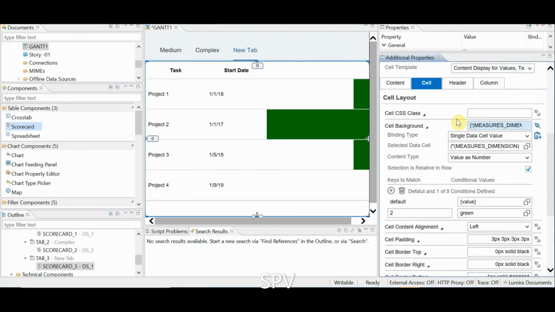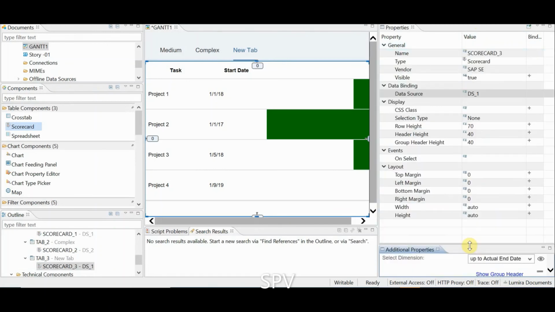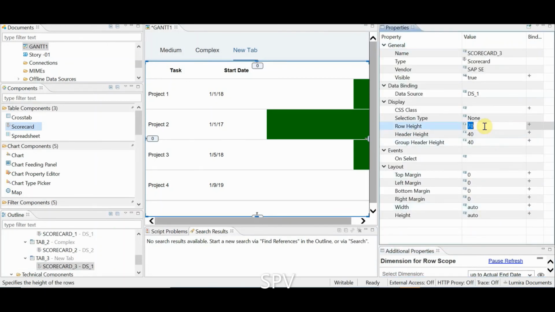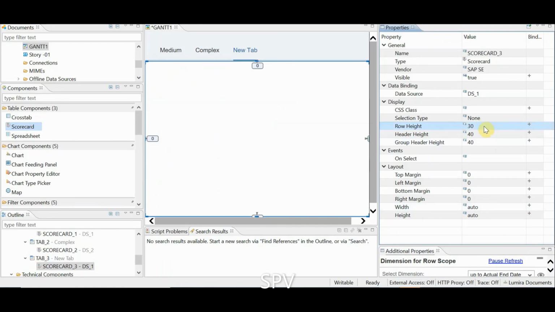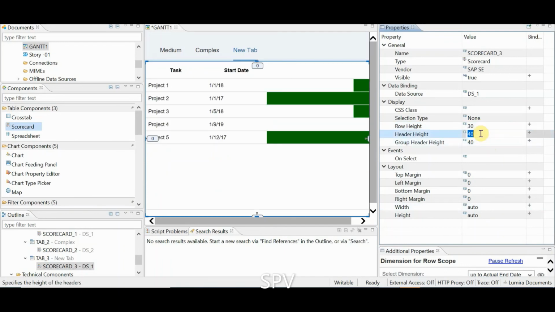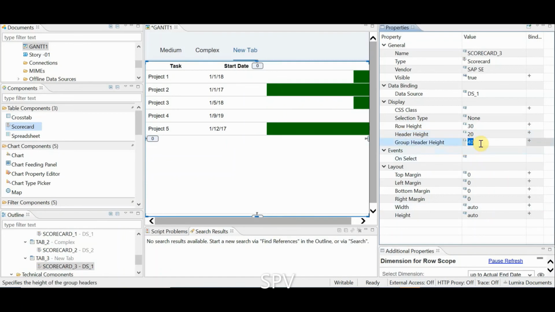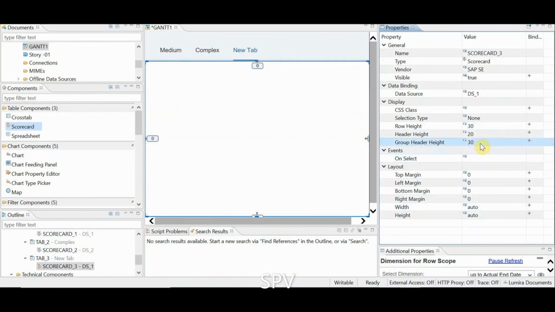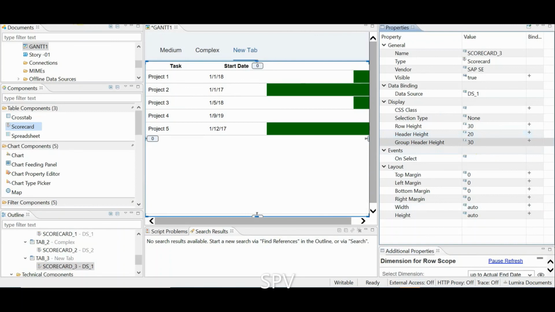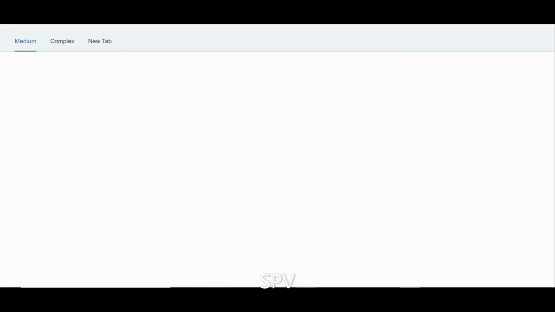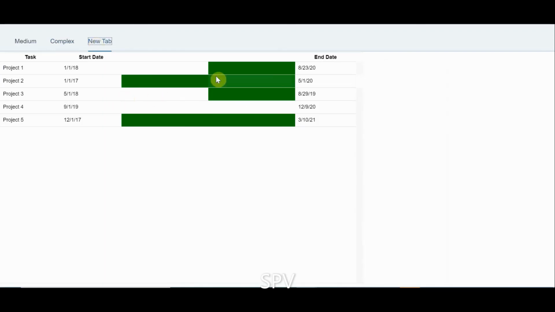Now we'll see how this scorecard looks. I'm adjusting the row height and so on. Now I'm running it so that you can understand. These two are already there, and the new tab we recently created is this, 2017.